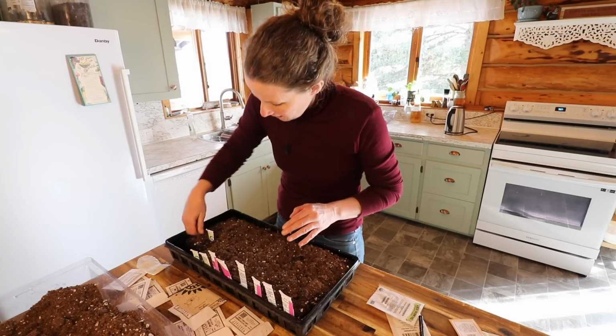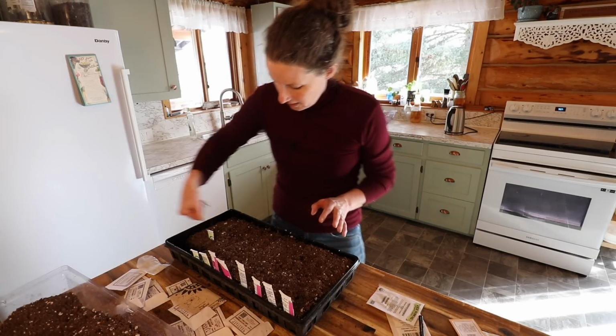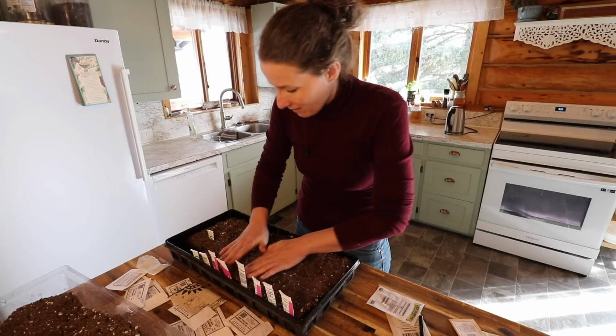These won't need to be watered for a bit. I do find that my seedlings do really well started in soil blocks like this. And then obviously I'm going to have to pot them up. Some people call it up potting. I call it potting up